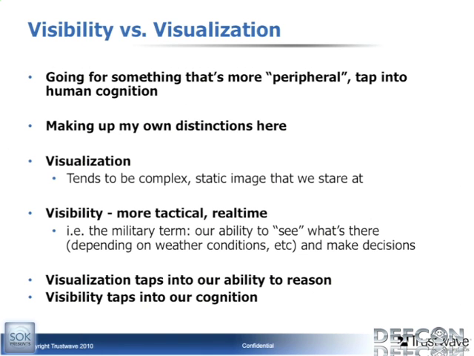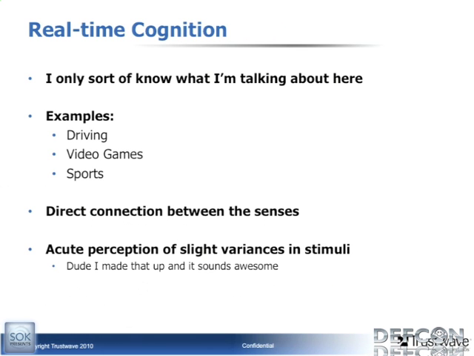So visualization taps into our ability to reason, to figure things out. It answers questions. Visibility is more like it taps into our cognition, okay, and maybe it causes us to ask questions. I only sort of know what I'm talking about, real-time cognition, but examples are driving, video games, and things like sports. And I just realized it's probably a really bad thing to bring up at DEF CON,